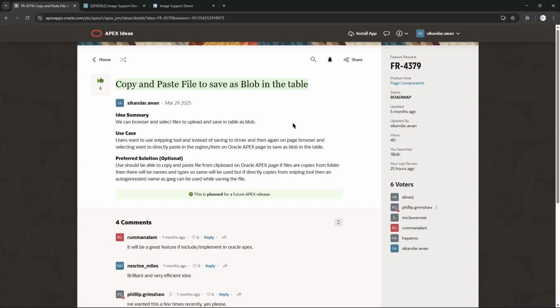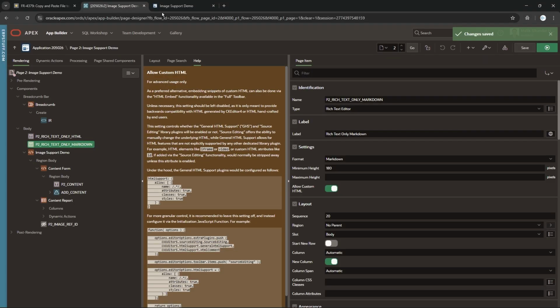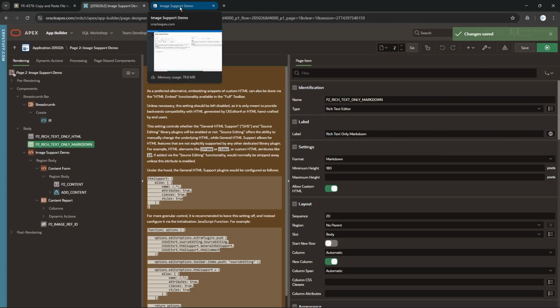So we will be going through that workaround, and I will explain how you can use it, because it has multiple steps you might have to perform, since it's a built-in application. So you have to find out what kind of changes you need to make in your application. Okay, so before that, let me show you